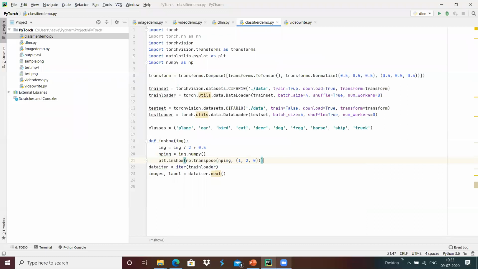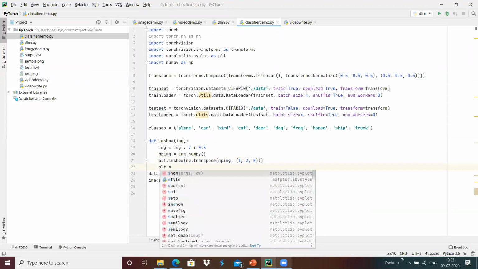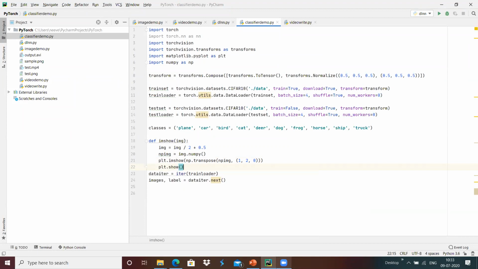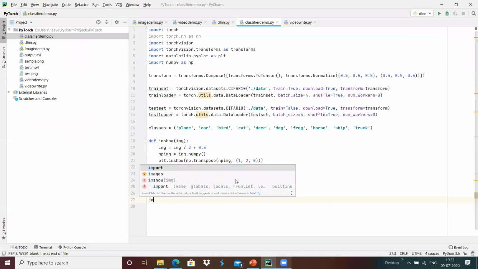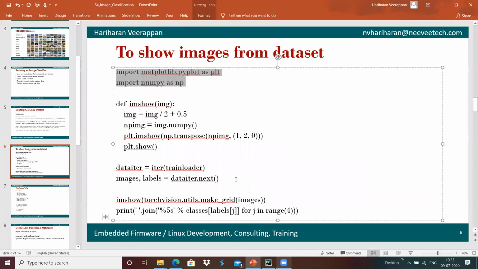Then we can do plt dot show, which shows the images over here. We got the iteration, the images have been received from the data set, and we are able to show them using imshow.